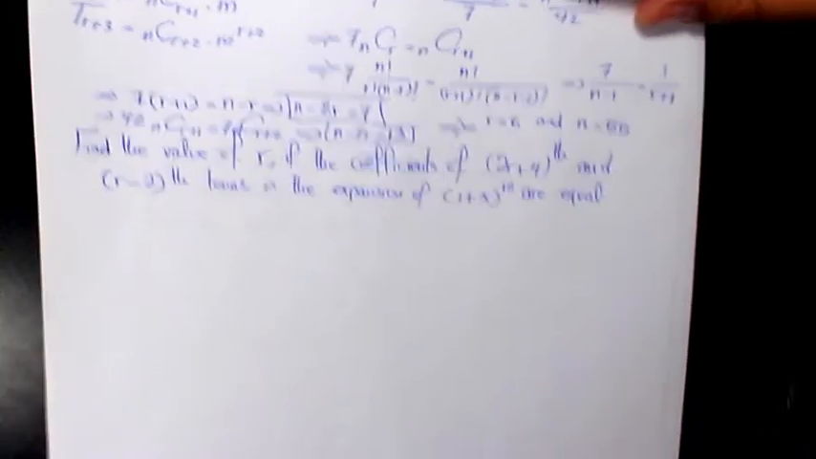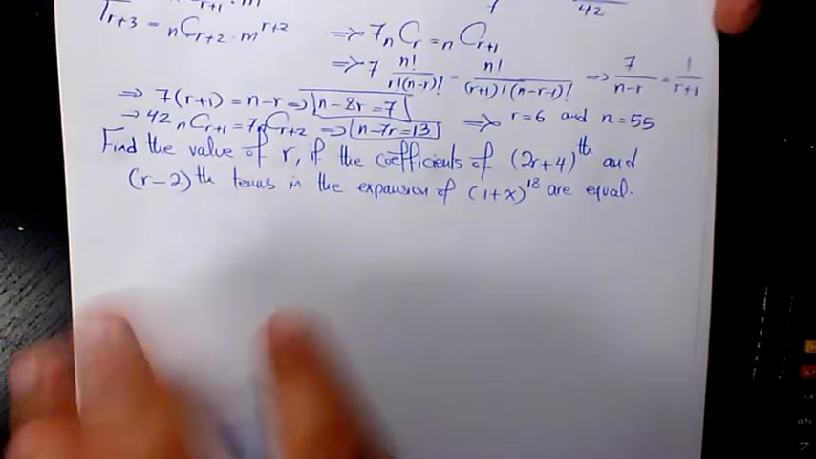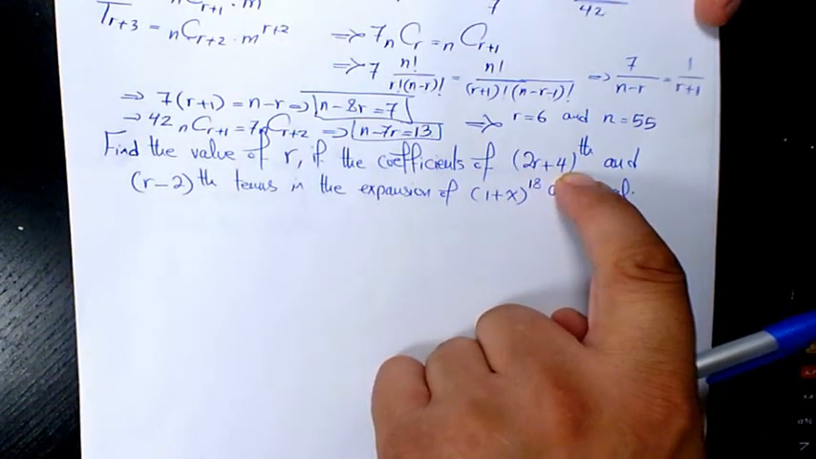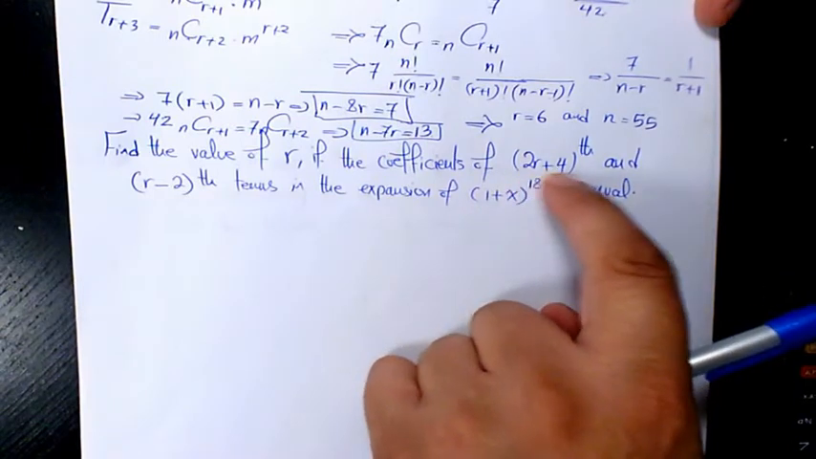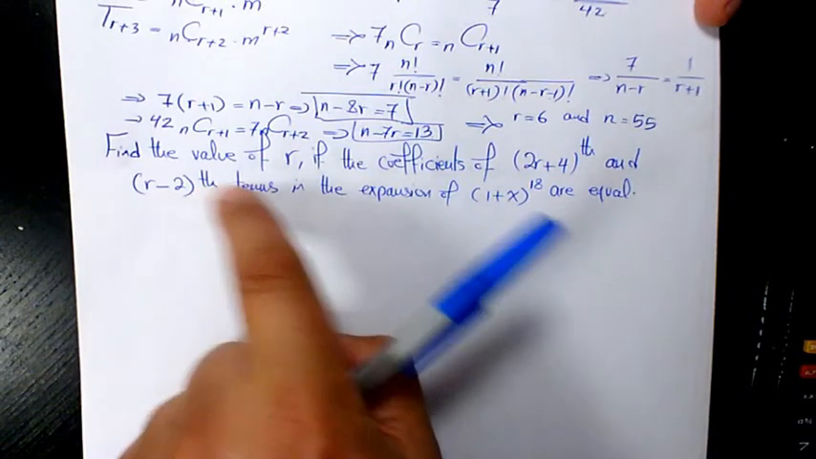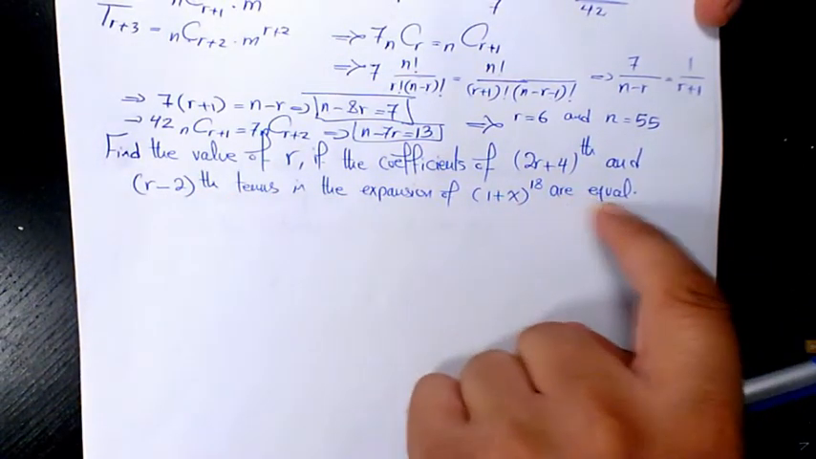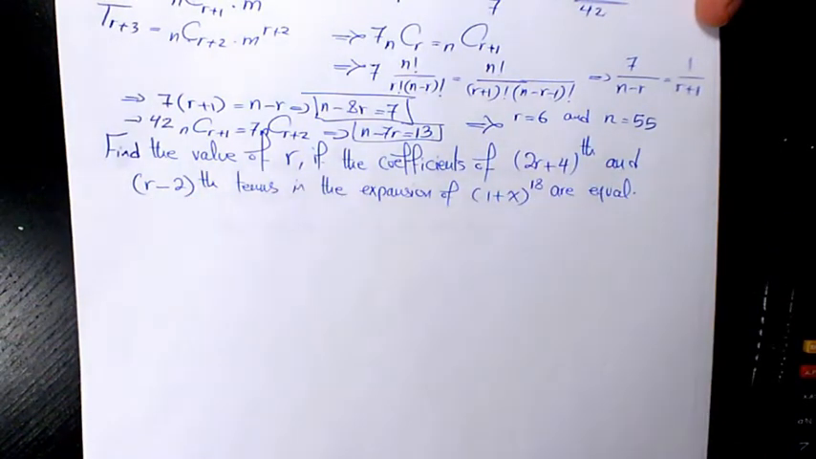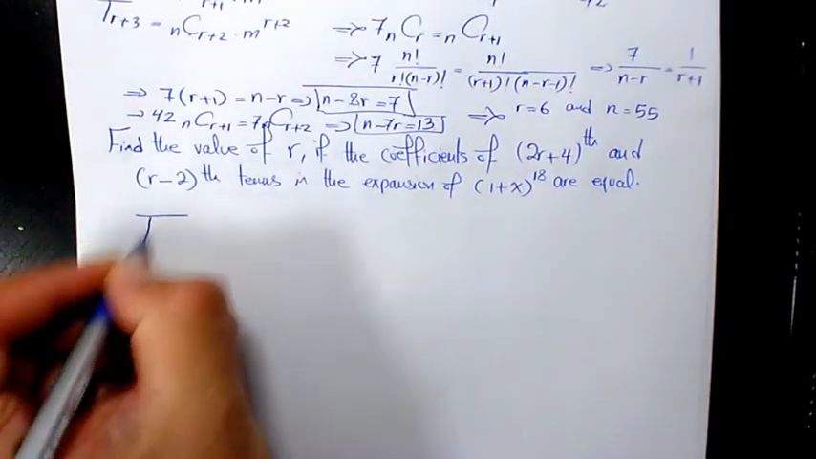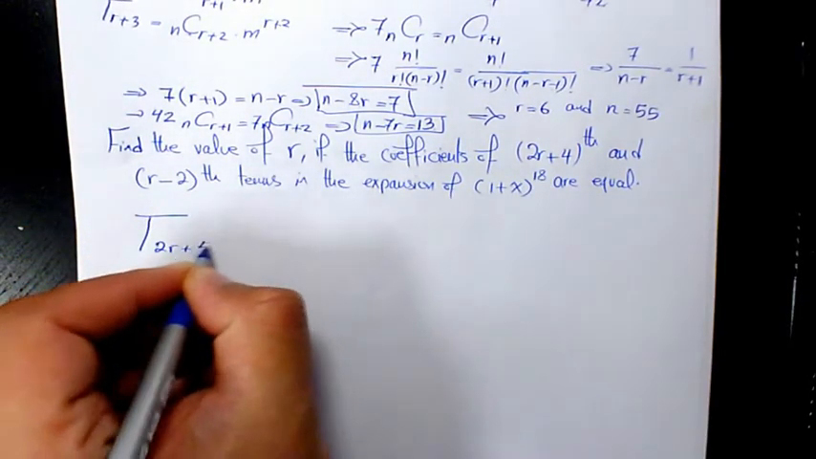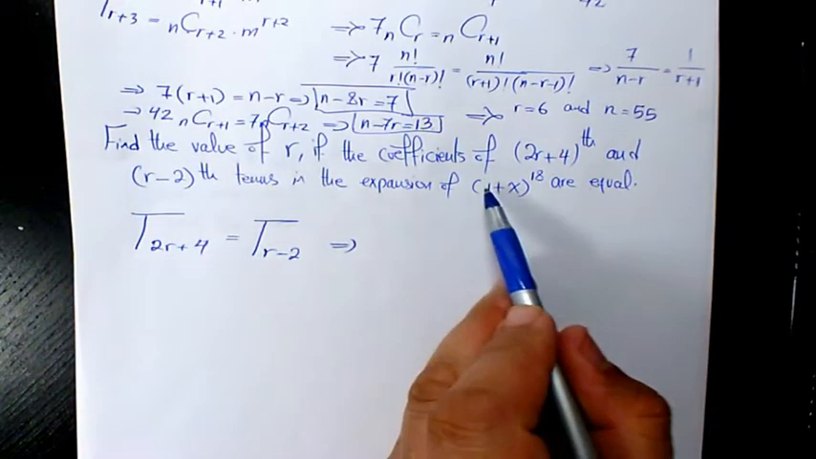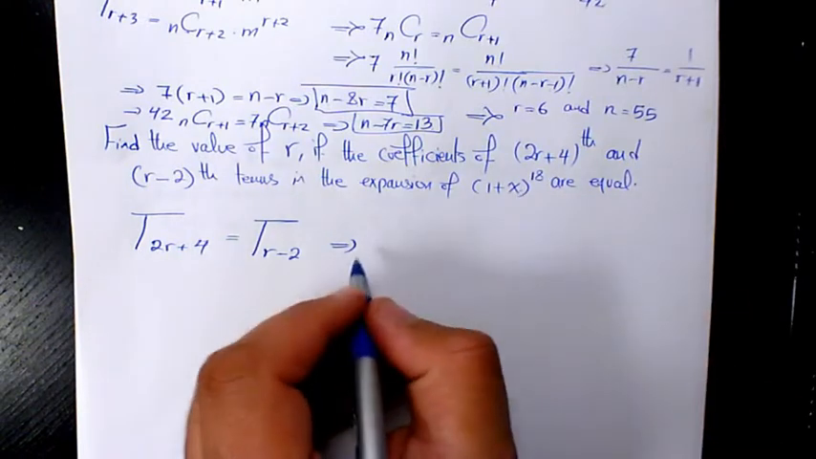So now in this example, it says find the value of r if the coefficients of the 2r plus 4th and r minus 2nd terms in the expansion of 1 plus x to the power of 18 are equal. So these terms are having the same coefficients. So it means that T of 2r plus 4 equals T of r minus 2. And the expansion is 1 plus x to the power of 18. It means that